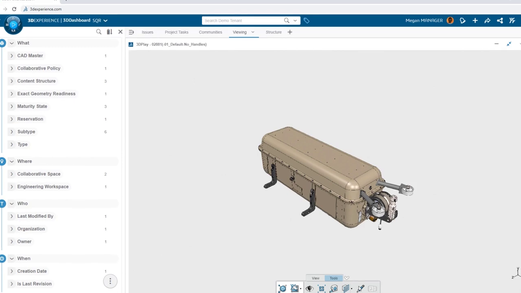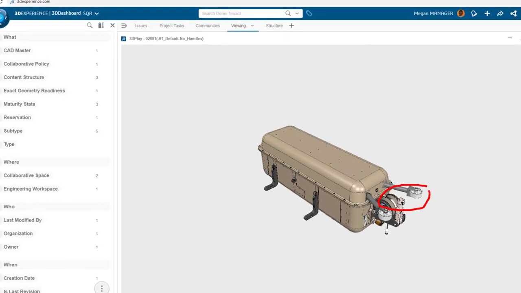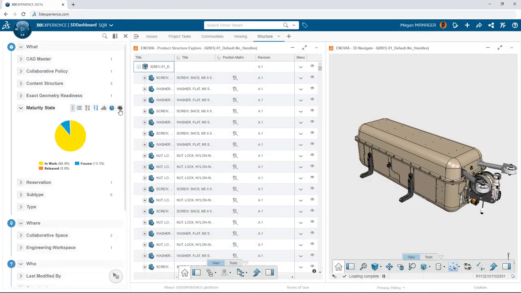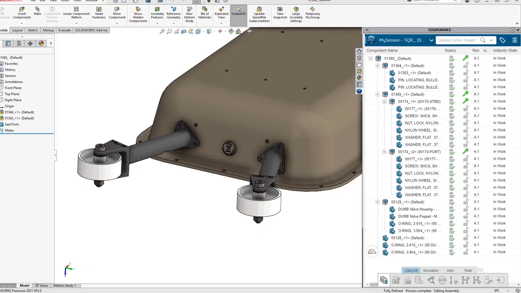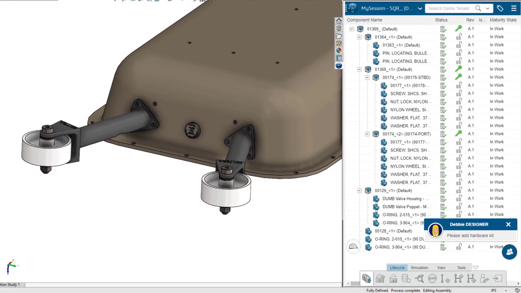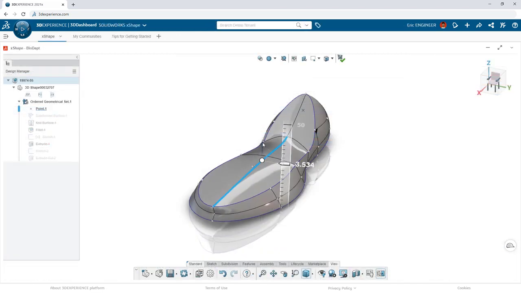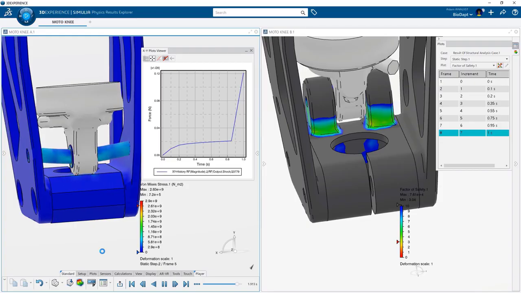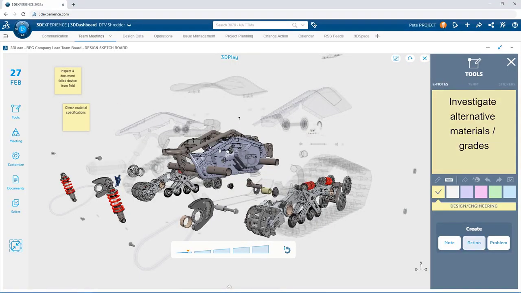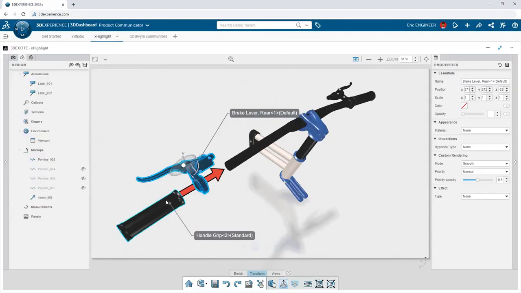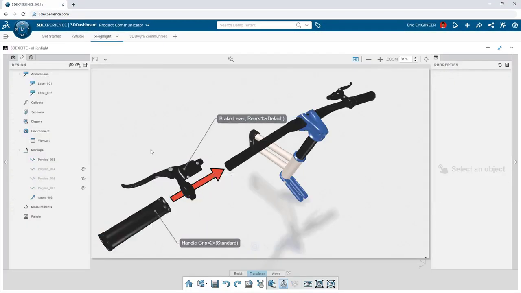How easy is it for your organization to view and explore your design work? 3D Experience is integrated right into SolidWorks, allowing you to immediately share design data across the team and beyond. And it doesn't stop there. Through additional 3D Experience roles, everyone in your ecosystem is apprised of progress, always up to date, and can immediately